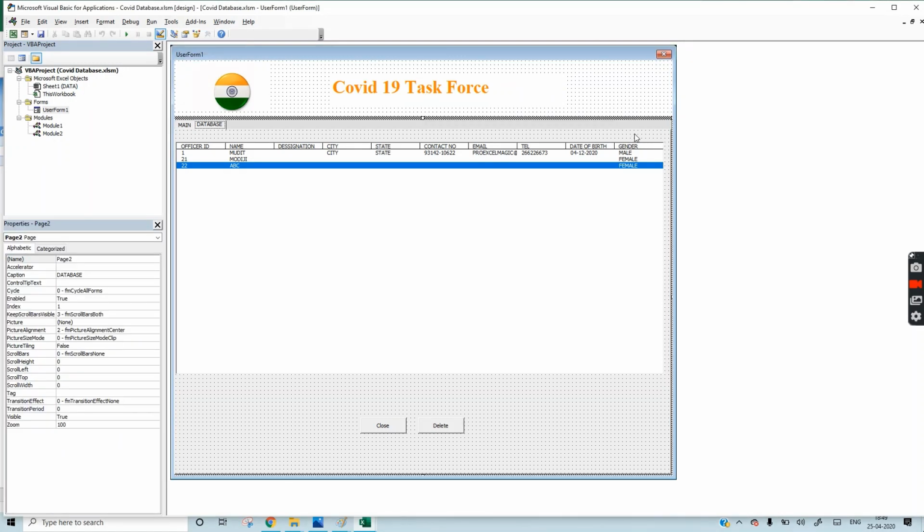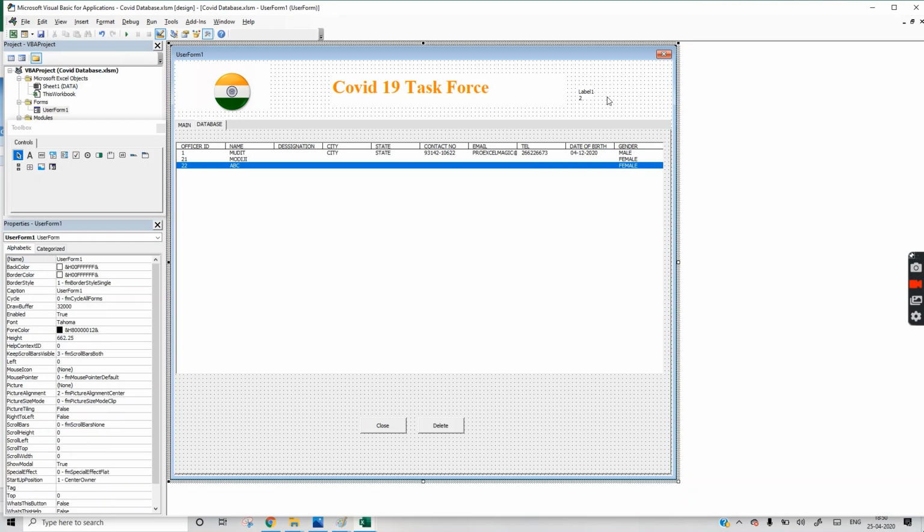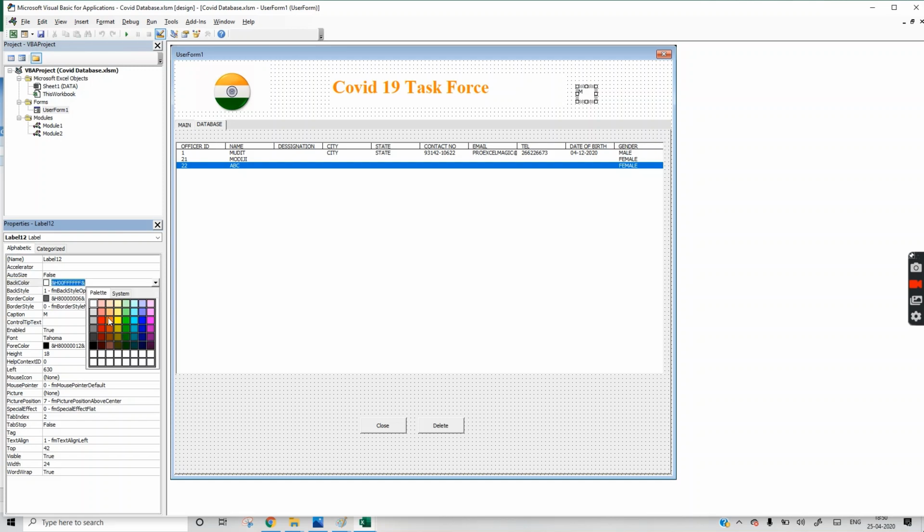In case you want to go to the Excel application, then you have to press this button. So for that I'm changing this color to maybe orange.